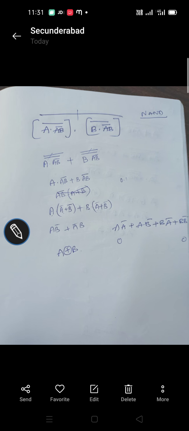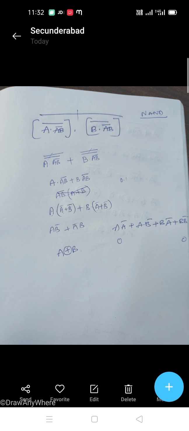So now I have to realize this expression to get A exclusive OR of B, okay. So this is the realization. First, this is the output of the previous NAND's output, okay. So first I have to apply the conversion of SOP and POS rules. First I have to break this bar, okay. I am breaking this bar, and I am keeping this multiplication as a sum, okay.